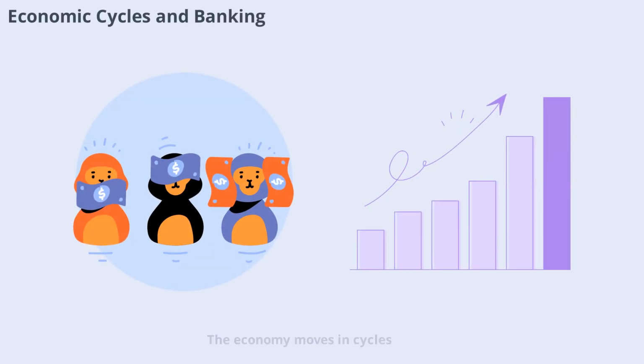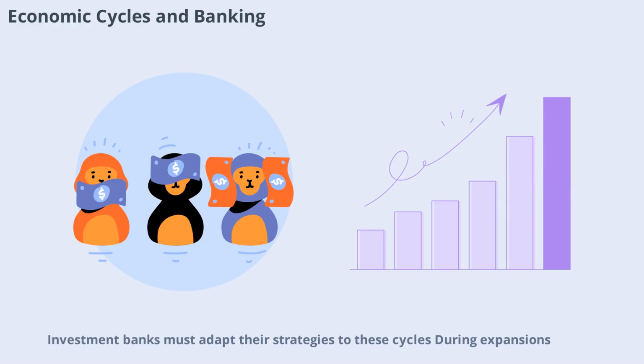The economy moves in cycles, alternating between periods of expansion and contraction. Investment banks must adapt their strategies to these cycles. During expansions, deal activity often increases, with more mergers, acquisitions, and capital raising. In contrast, contractions or recessions typically lead to reduced deal flow and heightened risk aversion. Understanding where we are in the economic cycle helps banks allocate resources efficiently and advise clients on the best course